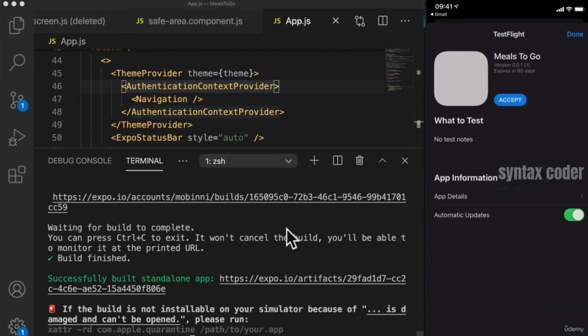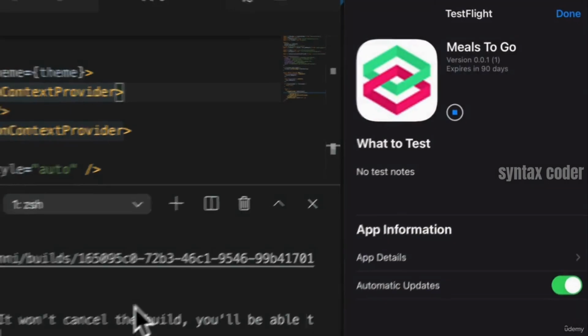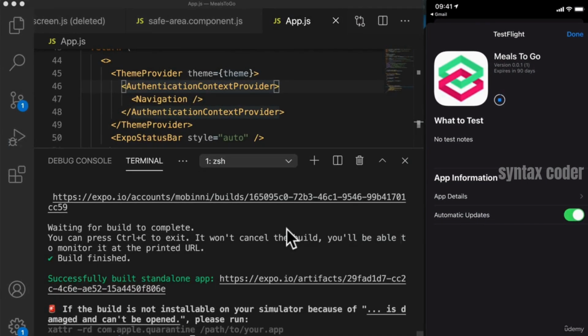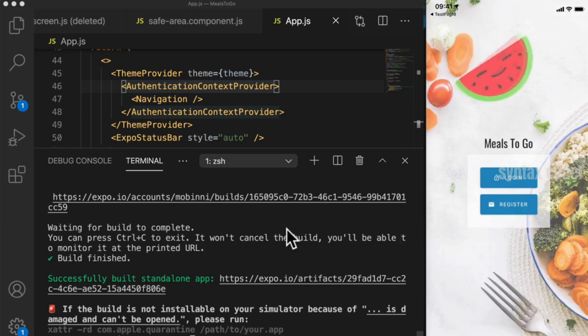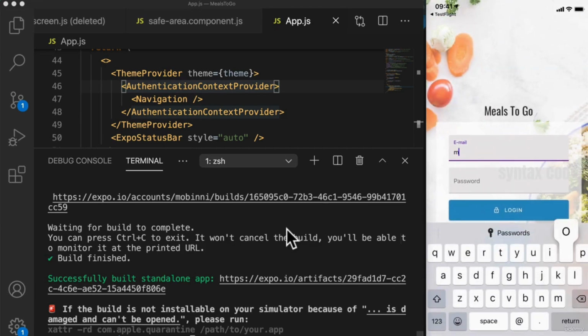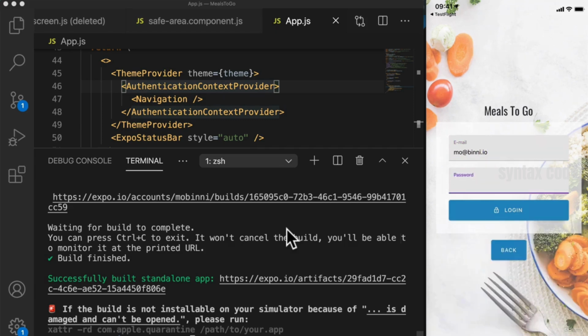And if we say view in TestFlight, this will allow us to accept the invite to test our Meals to Go, which will install it locally on our production phone. And once we've installed Meals to Go, we can then go ahead and test it as if it was downloaded live from the App Store. So we're basically, through TestFlight, going to install and download the version that is going live on the App Store. And so if we test that out, mo@beanie.io, and we do test 1, 2, 3,